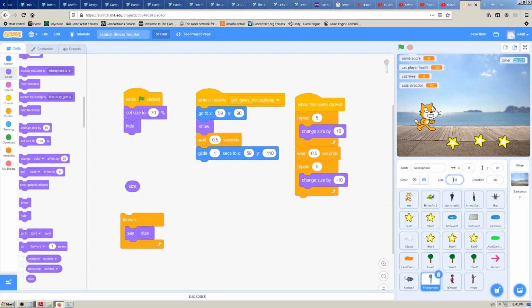You can see it here, size. So this value is same as here under the stage, which says size. And that's it for this video, but I will now continue with the polishing game for a few minutes more,